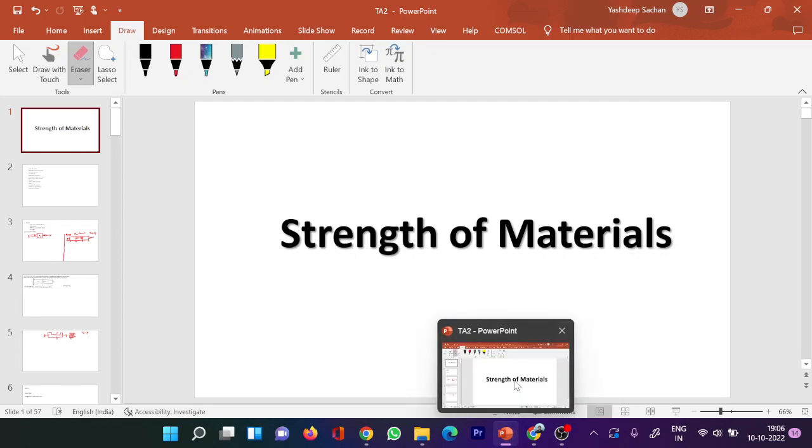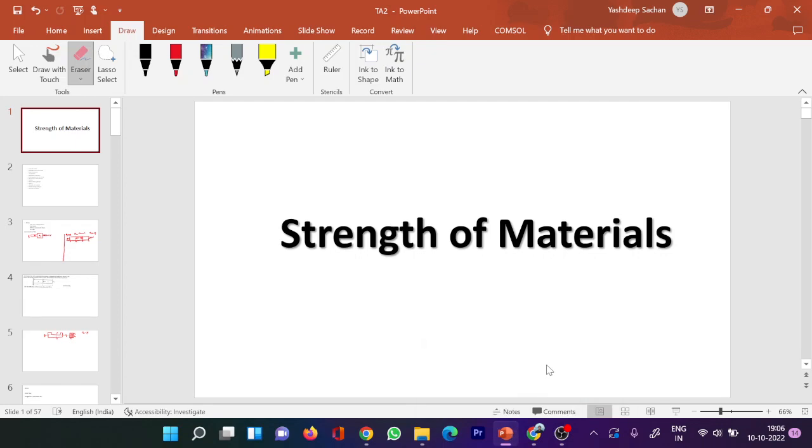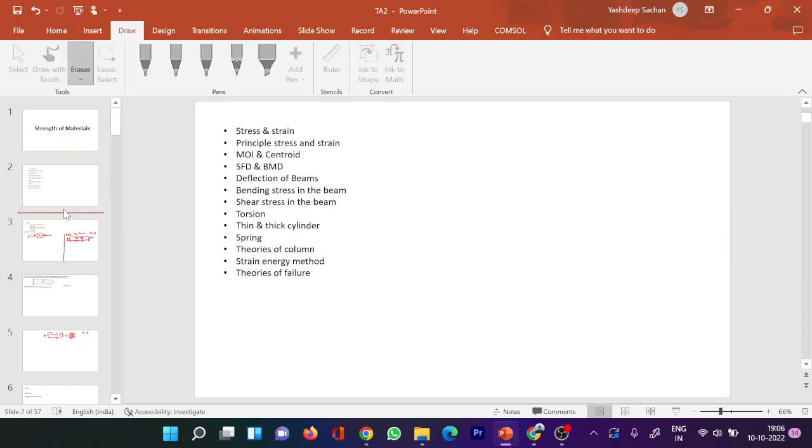Sir, in strength of material, we are going to study about strength, stability, and stiffness of the material, and deformation too. Because we are going to apply load here, right? Yes. So sir, what is the difference between applying load here and once you have studied